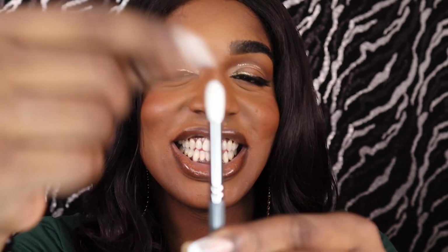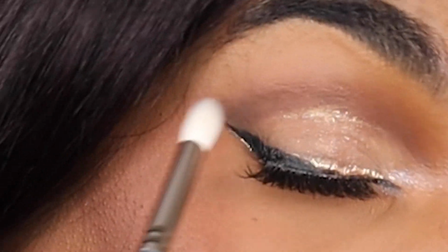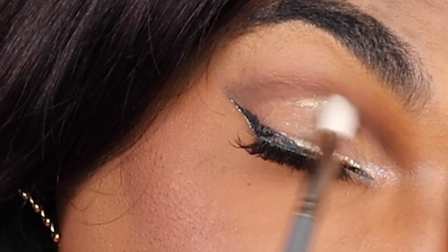Okay, next. On Point Blender. I was looking forward to this too. Just look how pointy it gets. Now, in preparation for this video, I struggled 3 hours to do this makeup. But I did it for this occasion right here. The My Point on Blender is super skinny so that it can make really small adjustments right in the outer corner of your eye, in the crease. And just blend that without actually...